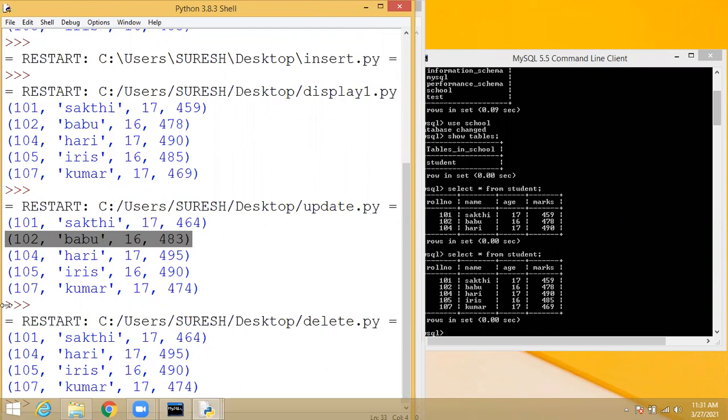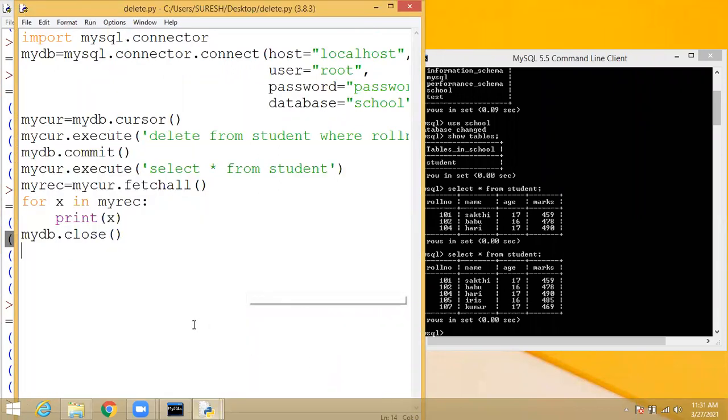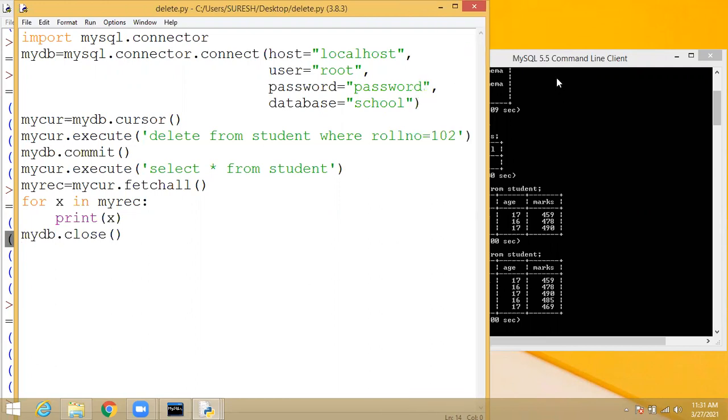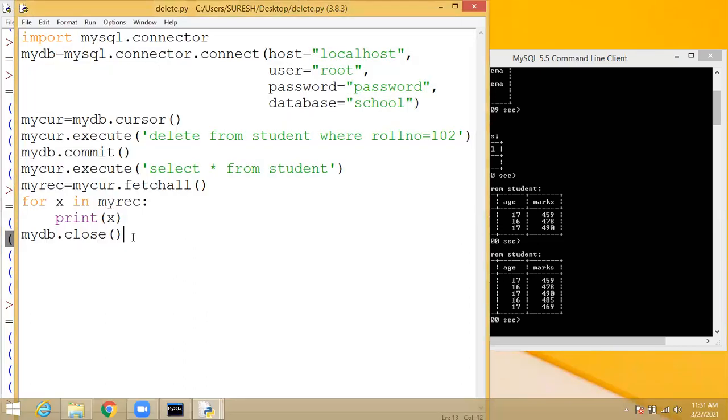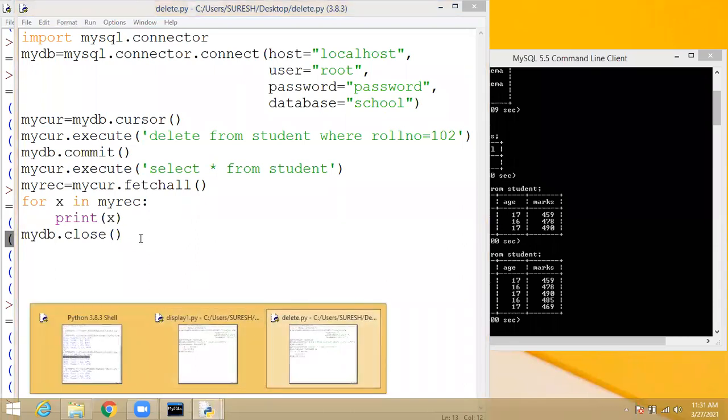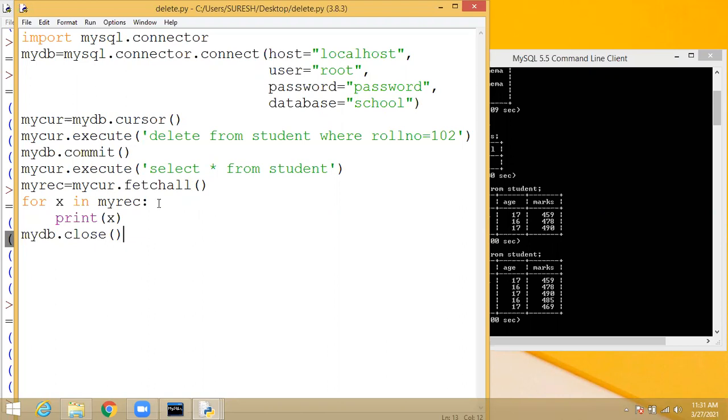Yes, sir. If everyone needs all the queries, you note them down, otherwise if you understood, no issues. So this is a query for inserting and deleting. You can do whatever purpose you want, or multiple insertion also. For multiple insertion you can give the same coding. Like the previous example, where I inserted 2 records, but keep in mind that DML commands need the commit function. The commit function is very important. Then only it will affect your table. Understood?